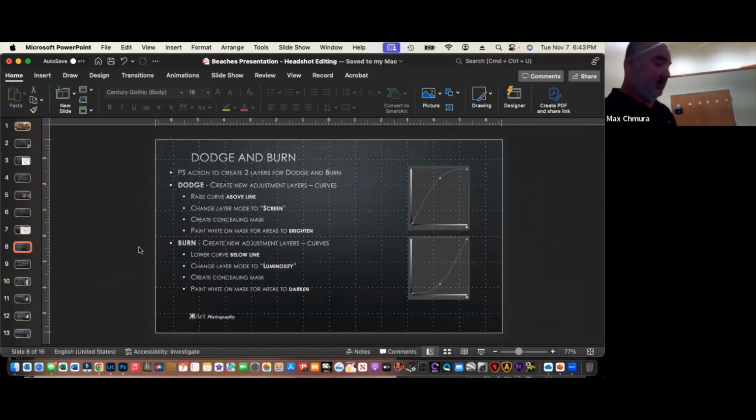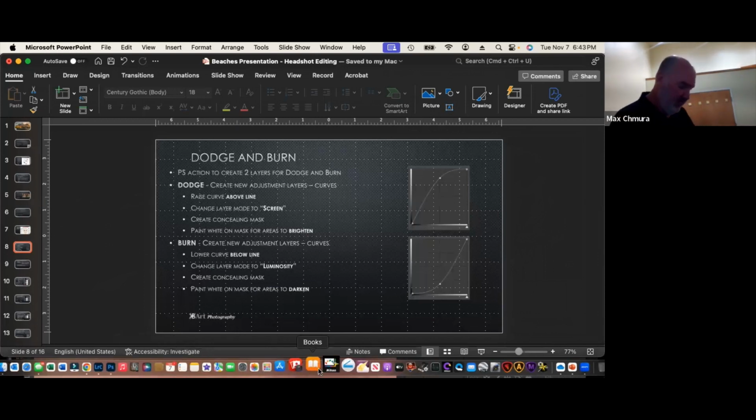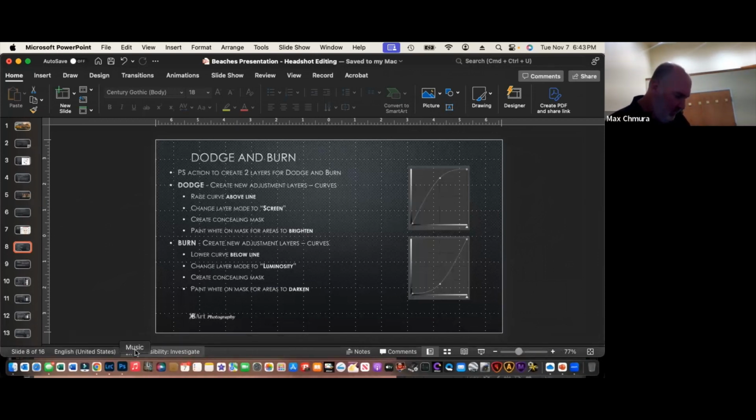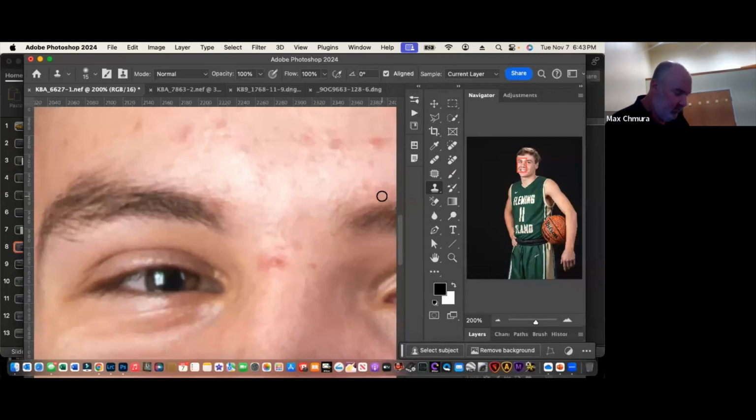Does everybody understand the curves layers? Does anybody want me to show what a curves layer does? You do, okay. Thank you. I'll show you. So a curves layer